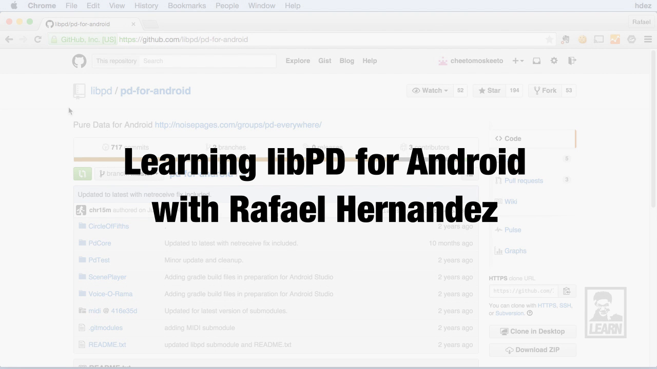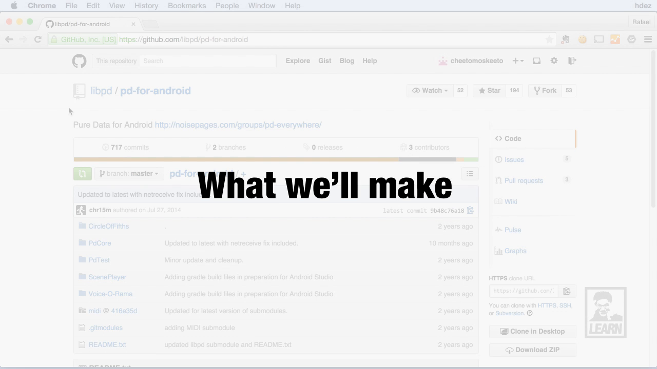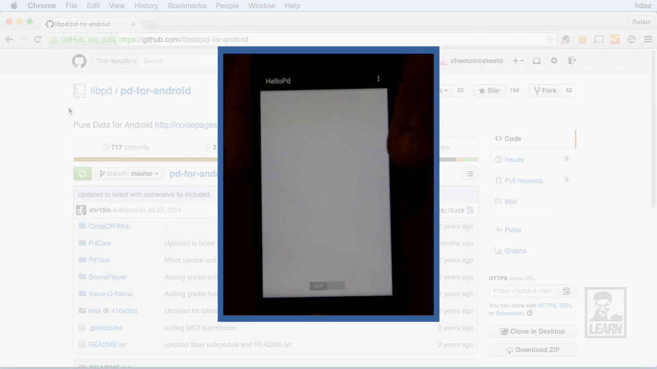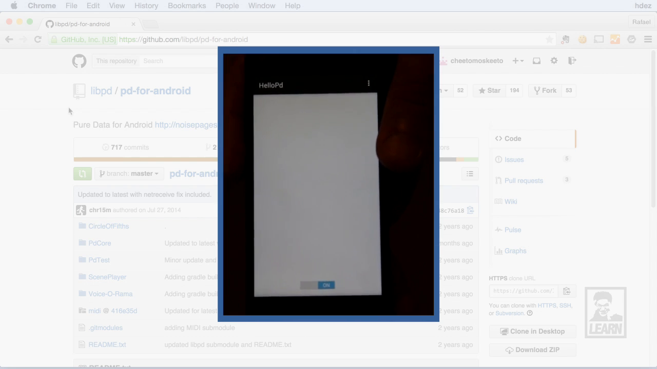In this series, I'll guide you through the process of creating a simple Android app that uses LibPD for its sound engine. The app we'll be creating will feature a single UI element, a switch. This switch will toggle on and off a sine wave that is generated via a pure data patch that is